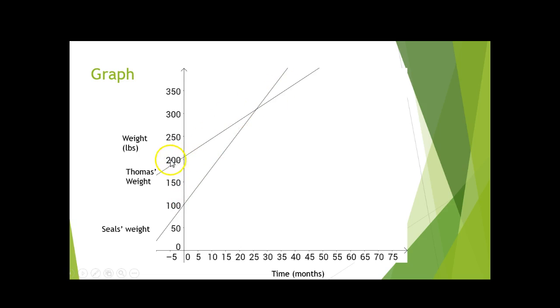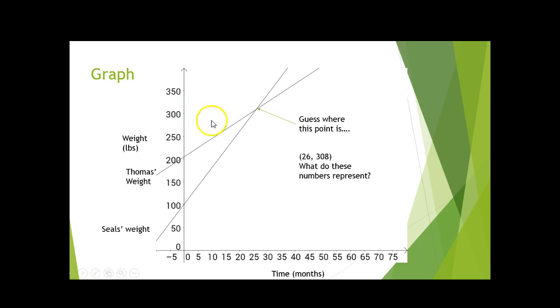Mr. Thomas's is a little more shallow. He goes up 4 pounds every month. And so what happens is I'm catching up to him as time goes along. The solution, where we're the same, is right here at this intersection point. And guess where this point is? It's 26,